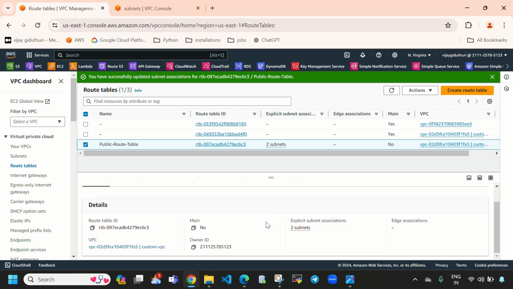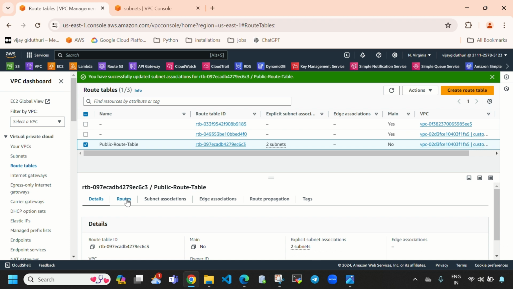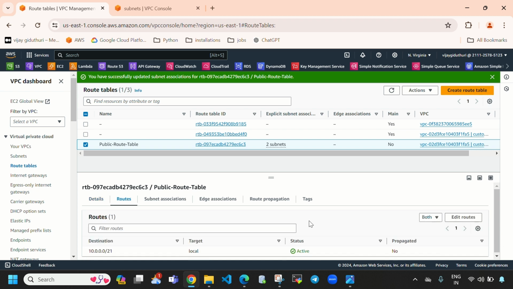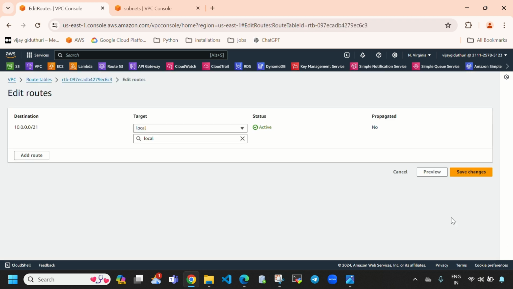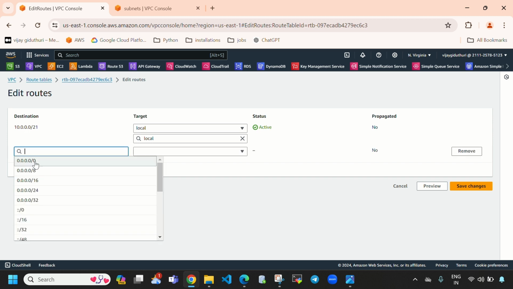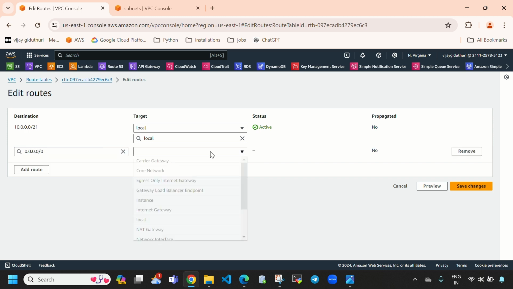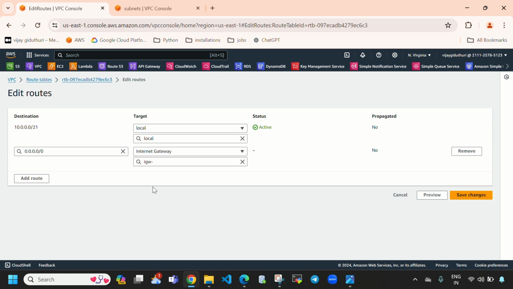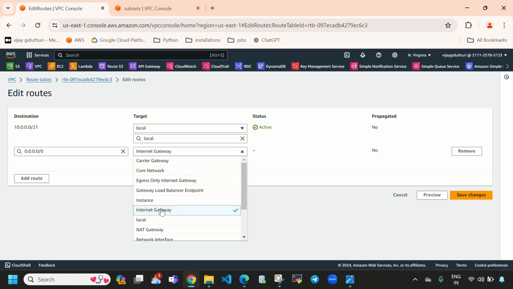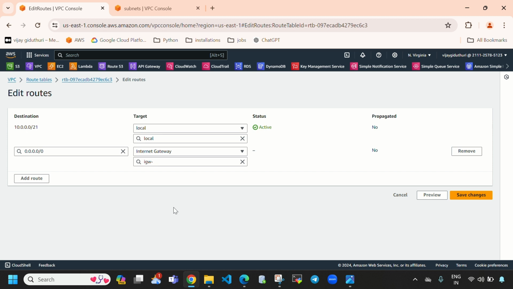And we need to give routes. So directly select your routes and here you need to select edit routes and here you need to select add route and here you need to select 0.0.0.0/0 and here using internet gateway. So here you can see, guys, using internet gateway we are going to give internet to this route table. So directly here you can see this is the internet gateway.